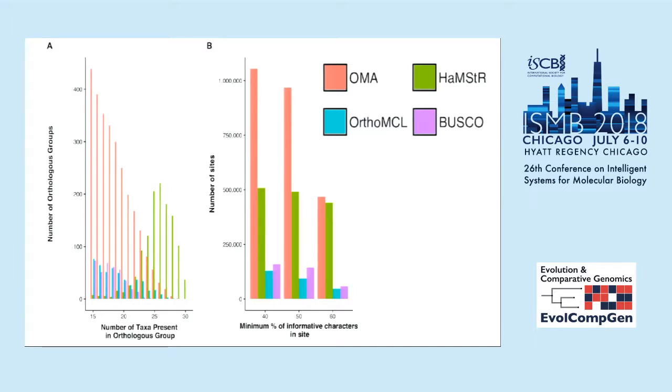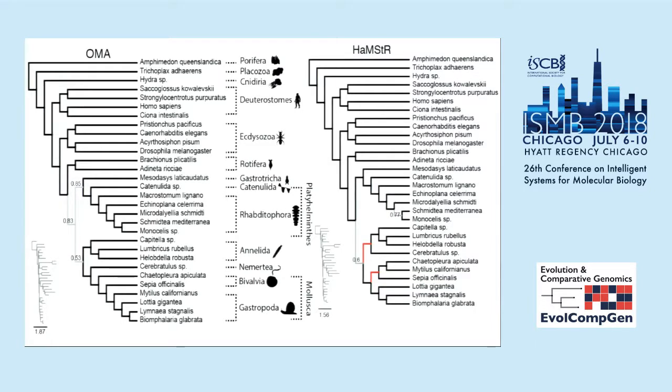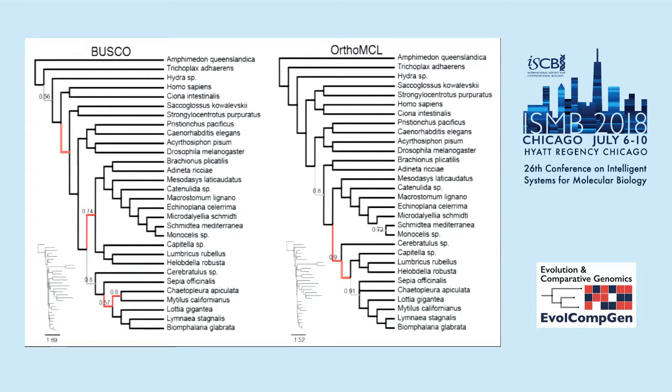Some methods that are based on profile HMMs tend to have bigger groups, but we think sometimes they're a bit too eager to add sequences that might be paralogs. And as a result, if we look at the trees, this is a tree that was built using the OMA orthologs. Again, the specifics don't matter so much here, but you can see there are a few nodes that are still unresolved, but that are consistent with the literature. By contrast, if you take some other methods, then you either have some branches that are in disagreement with the literature, or some others that are unresolved. That's the case for Hamstr, BUSCO, and OrthoMCL. So we think we are doing a good job there.